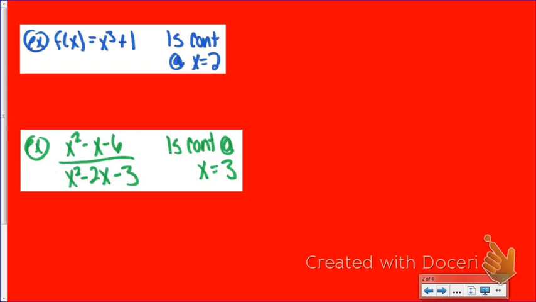Alright, so we're just going to look at a couple of examples here to figure out whether or not some of these functions are going to be continuous. Now this very first one is a normal polynomial here. I have the function x to the third power plus 1. And if you guys think about what that graph is going to look like, that takes your cubic parent function